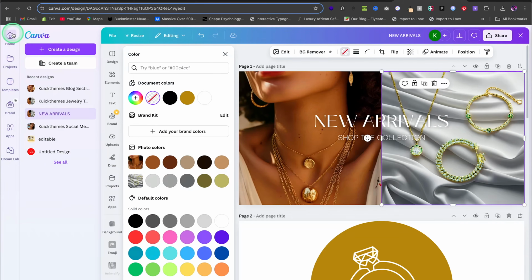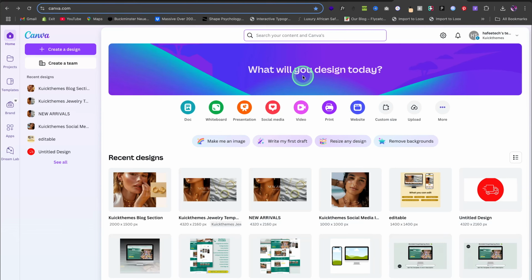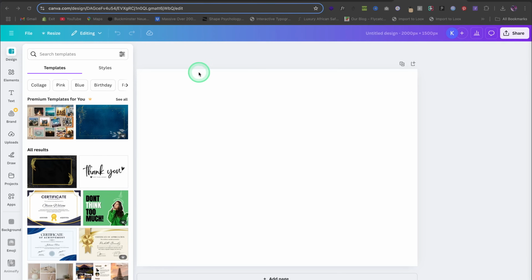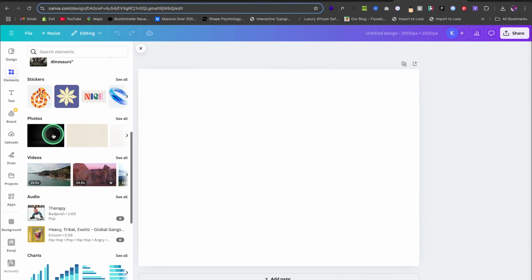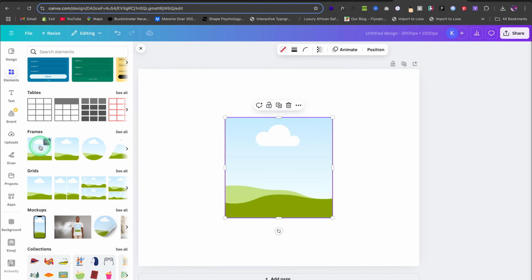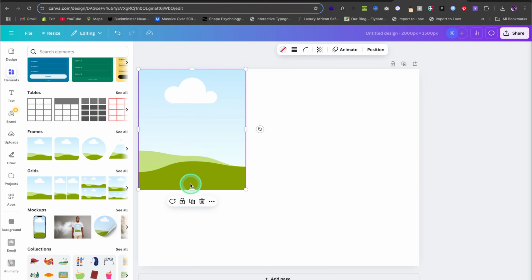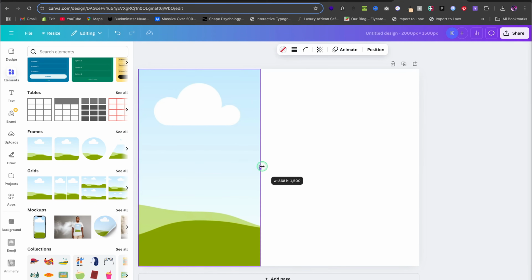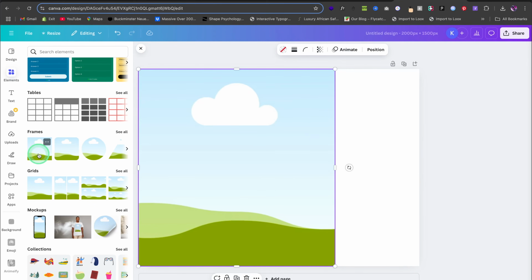We exit our former design, and then we have to create a custom design. We need 2000 by 1500 pixels. Then we create our new design. Then we have to click on elements, and then we have to find frames. Then we have to select this one. We have to align it a little bit above the middle, or over the middle. And then we have to click on